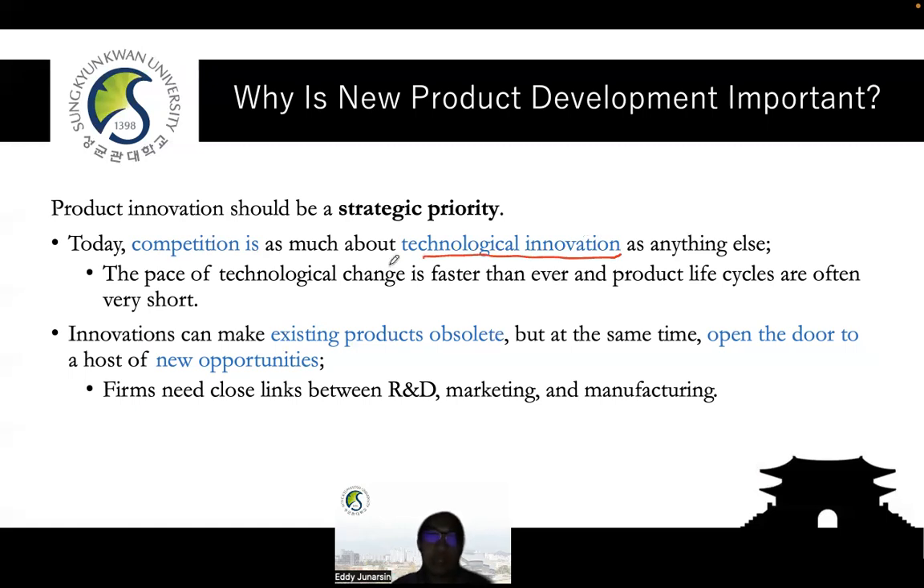The technological innovation, the use of technology for our production and also marketing effort, even in funding, financing and other financial decisions. And again, innovations would make existing products obsolete faster. But at the same time, it opens the door to many new opportunities. So again, the keyword here is the links, the unified effort,